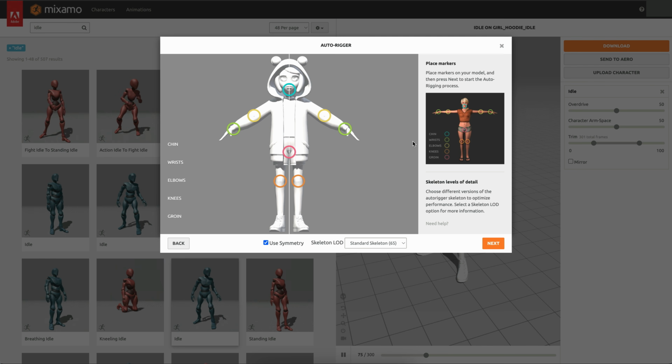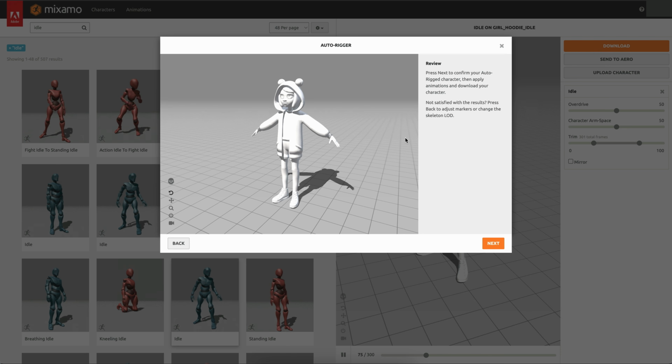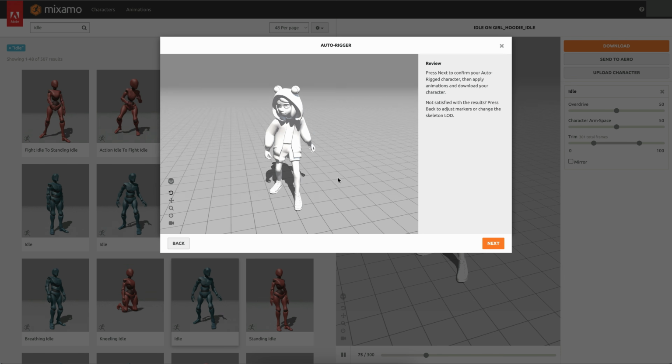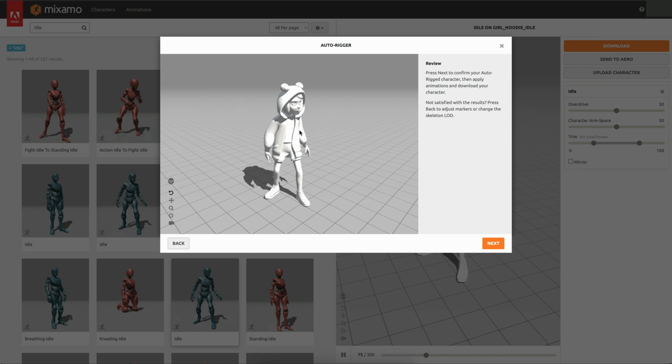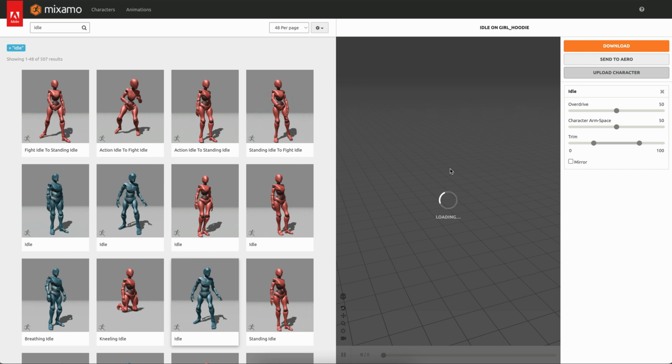So once the setup is ready, you can press on next, and then it's going to take again a little while on adding this auto rigging or this bone structure to your model. Okay, looks like it's almost ready. So yep, you can see that already it's adding some default preview animation. So I'm just going to press next, and then I'm going to press next again, and it's now adding the